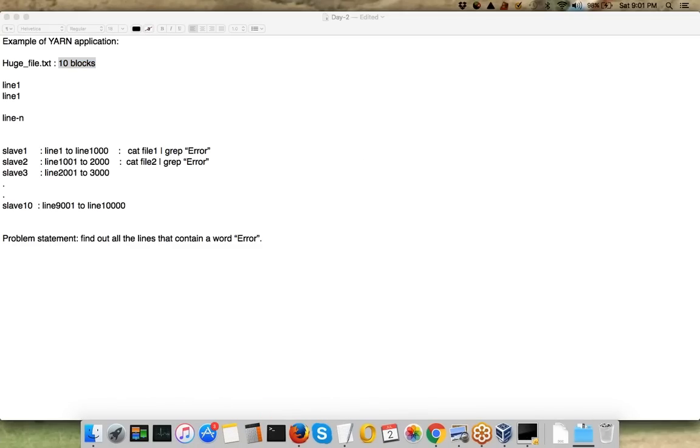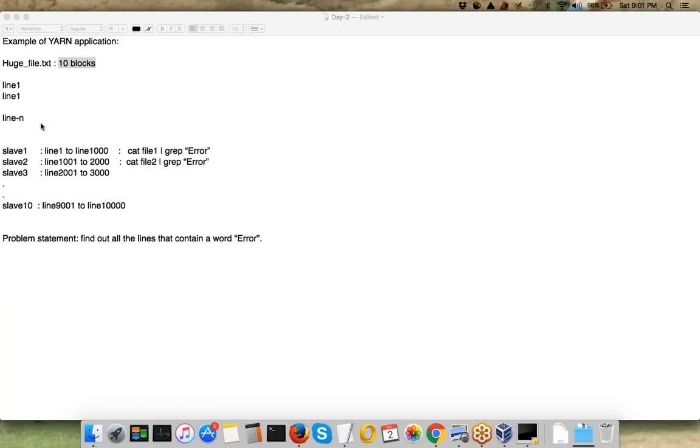So basically, guys, as we know, data is replicated in HDFS, right? Which means every block is present on three data nodes, if your replication factor is three. So if you don't find a free container on, let's say, the first slave node, you will ask the resource manager to find a container on the second slave node. If there is no container on the second, you can try the third as well, right?